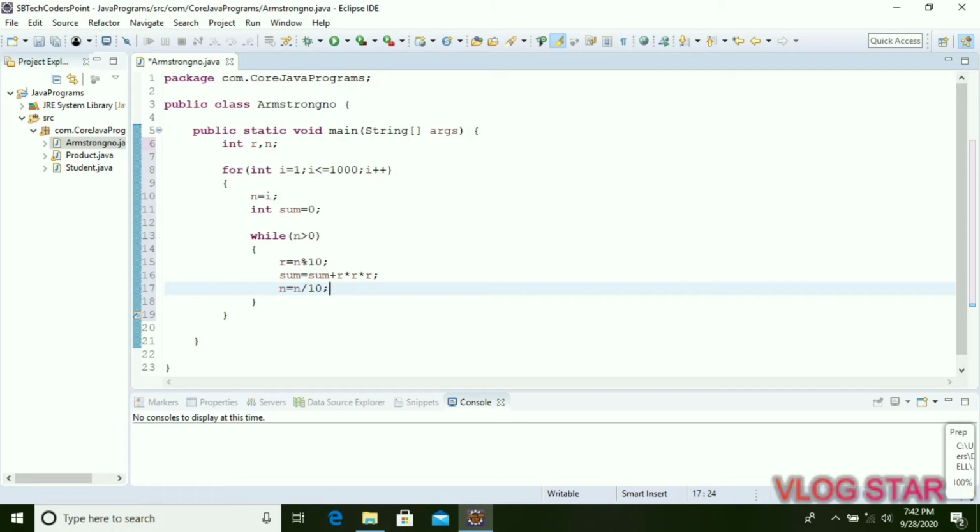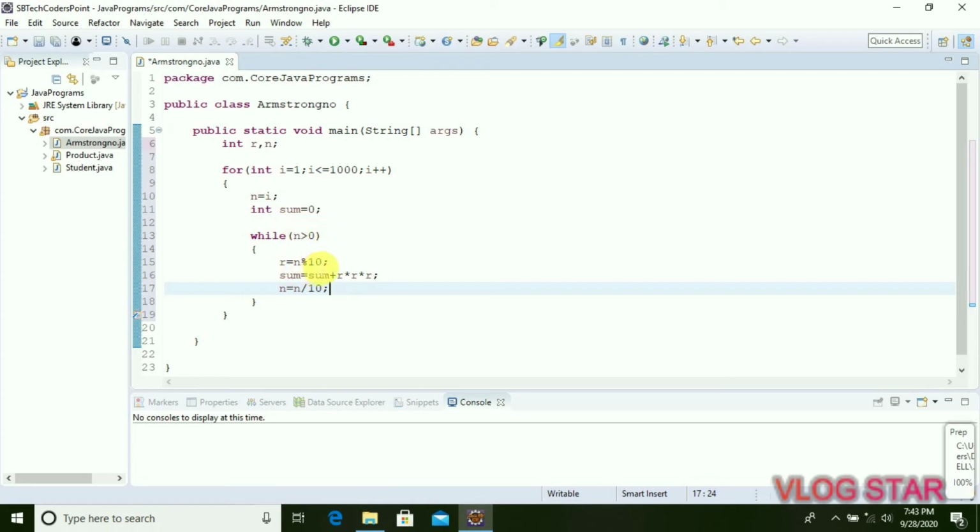Now our number becomes 12 instead of 123, which is still greater than 0. So it will come here and separate the last digit by n mod 10, which is now 2, and store it into r. And here it will perform the cube of 2 and add it to our previous sum. By doing n equals n divided by 10, it will eliminate 2 and now our number is 1, which is still greater than 0.